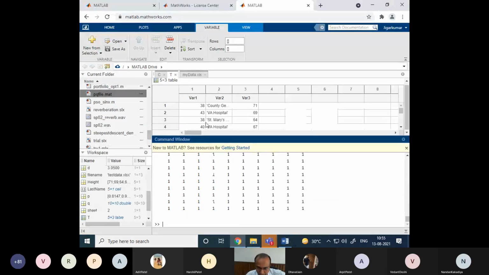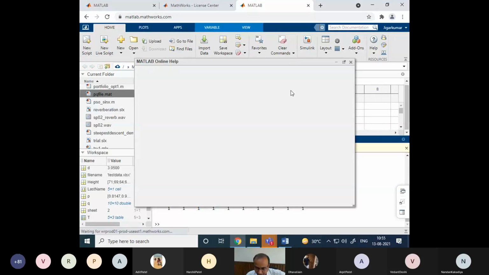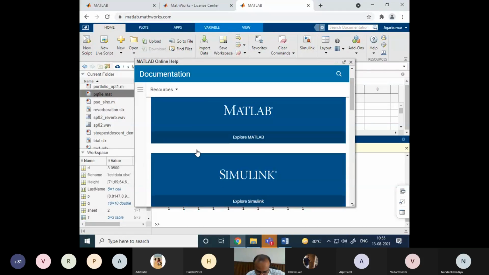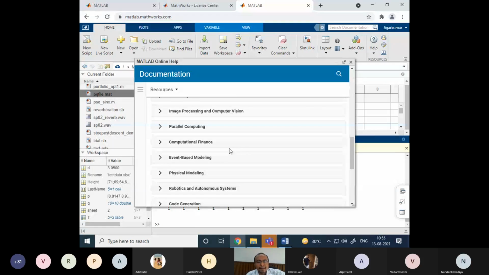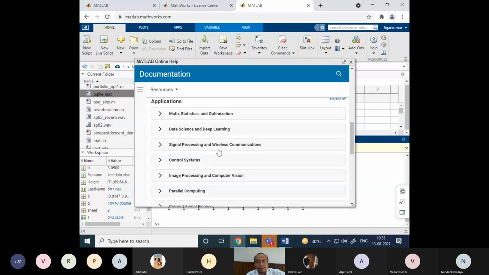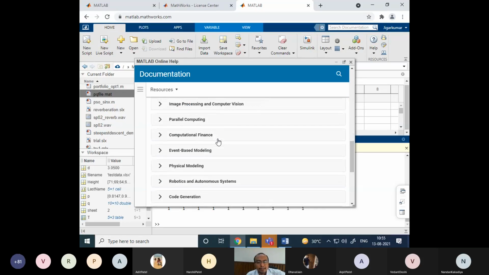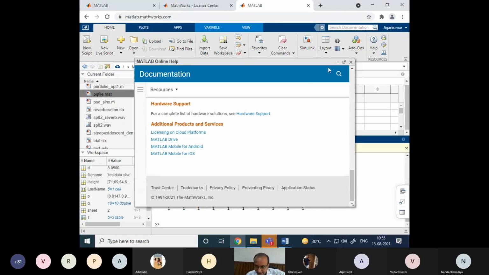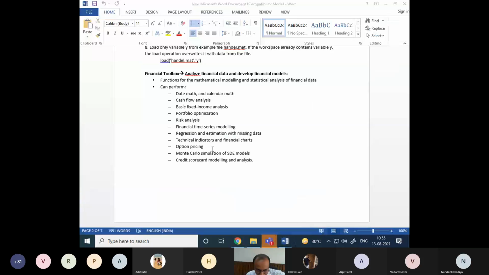For that, you go to the MATLAB home tab, and inside that there is help and documentation, and you will find the documents for all the toolboxes, and in that you will find the financial toolbox. You may not find data science inside that right now. Is there? No. But try it in offline installation, you may find it. Right now I am not finding it, but in offline installation you will be able to find it. So we have this financial toolbox available in MATLAB.